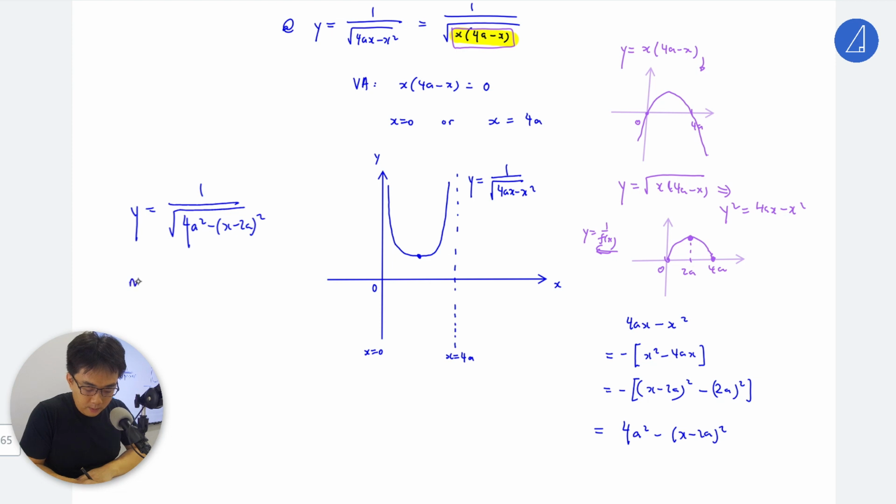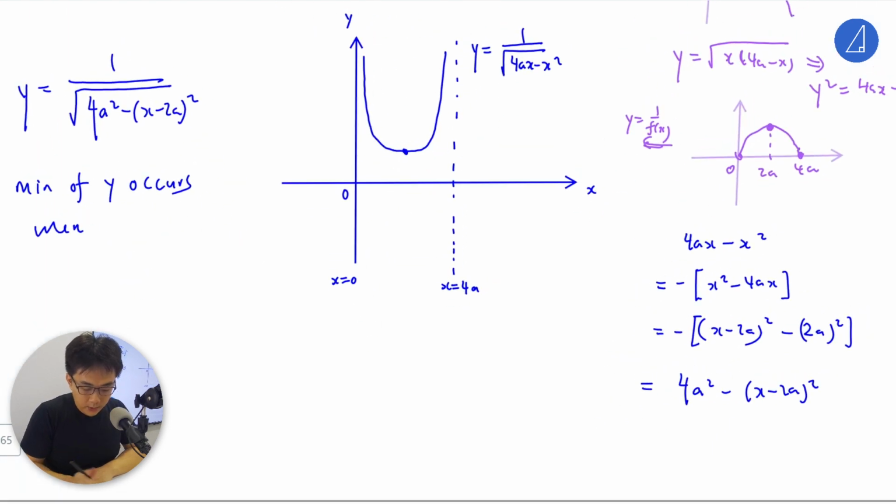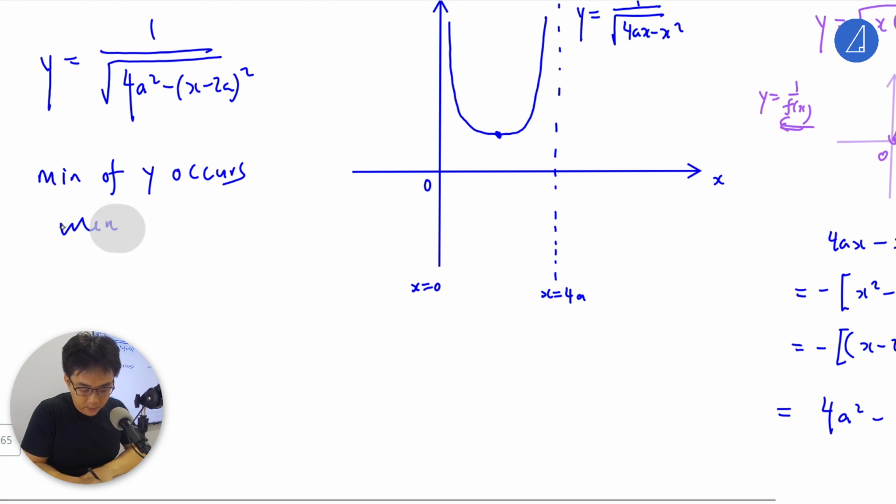So the minimum of y occurs when, if you want the minimum of y, you should have the maximum of the denominator, right? So that is the case there. What you do is, when the square root of 4a squared minus (x minus 2a) squared is maximum,